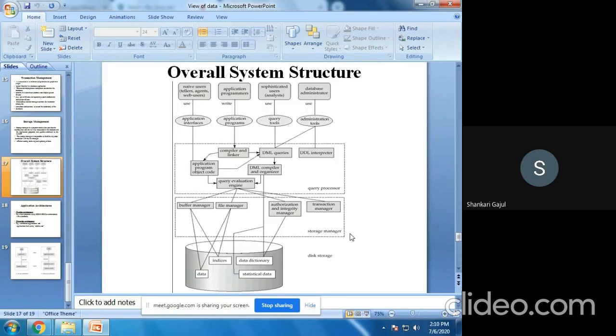So simply, the storage manager is divided into four managers. Authorization checks the authority of who can access the data. The transaction manager checks that the data present in the database is in a correct format if failures occur. The file manager checks how much space allocation is required. And the buffer manager, where buffer means the place where data is stored, handles fetching of the data from the database.